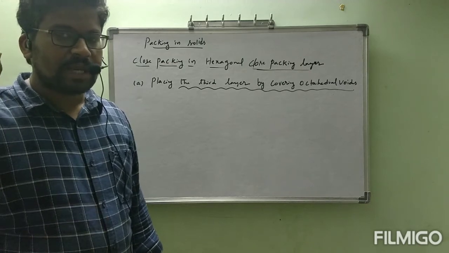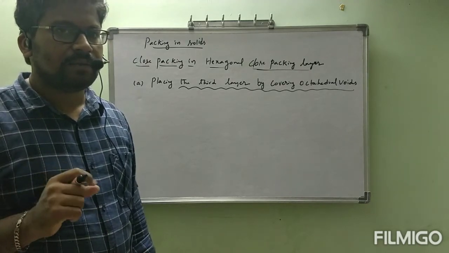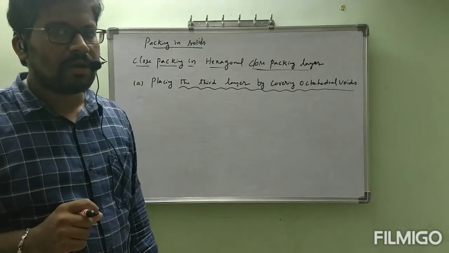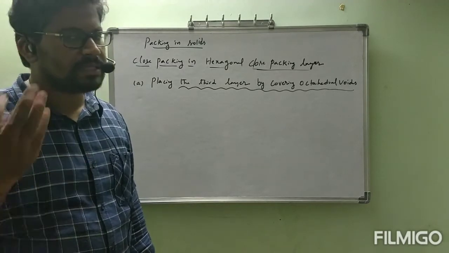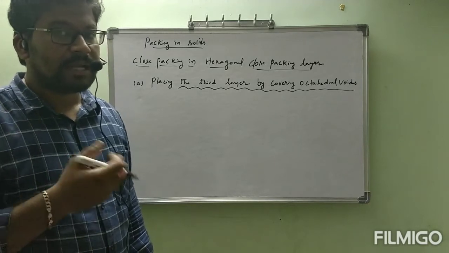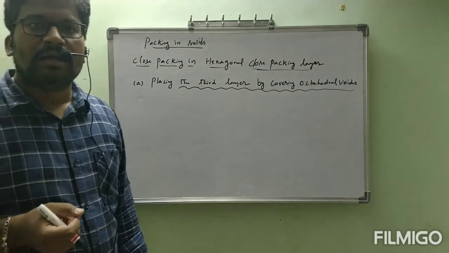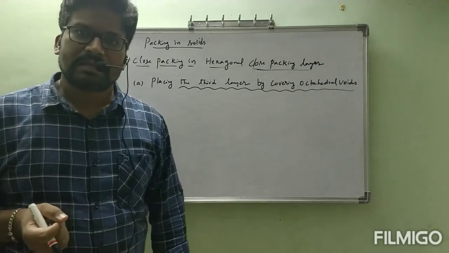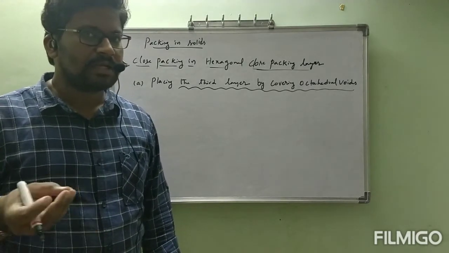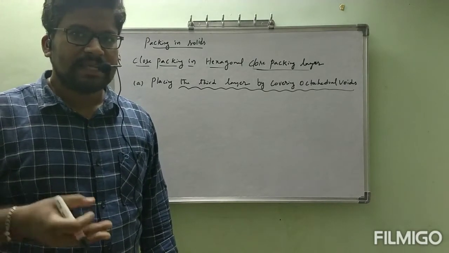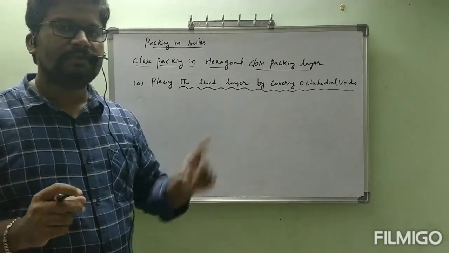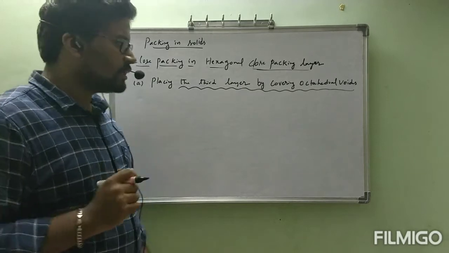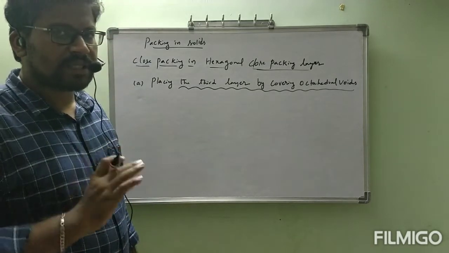Okay, in yesterday's class, first we have seen the square close packing layer, how we are going to keep that one. That is two-dimensional, three-dimensional is also completed. Placing third layer, it is repeated. But hexagonal close packing layer, by keeping this hexagonal close packing layer, we will not get the three-dimensional way easily. Two ways possibility are there. This placing the third layer, we are getting two ways. First, before that, I am going to see what about first layer and second layer.